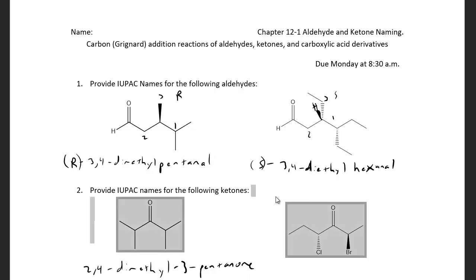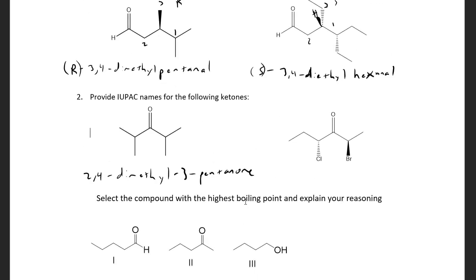All right, and then for the next compound, we have a 1, 2, 3, 4, 5, 6 carbon chain. We've got bromine at carbon number 2, chlorine at carbon number 4, and our ketone at carbon number 3. So 1, 2, 3, 4, 5, 6 carbon chain. So this is hexanone, and we've got 2-bromo, 4-chloro,